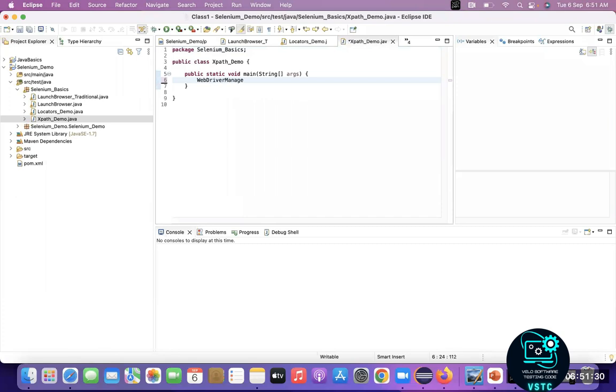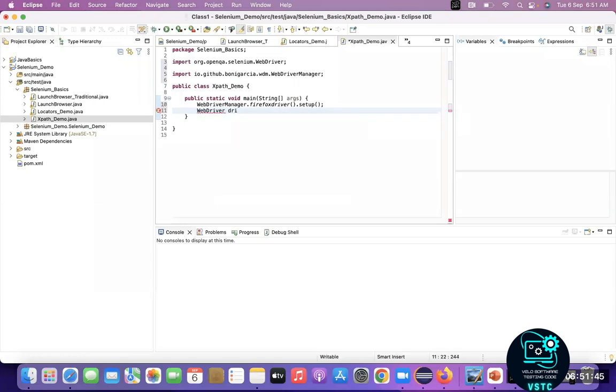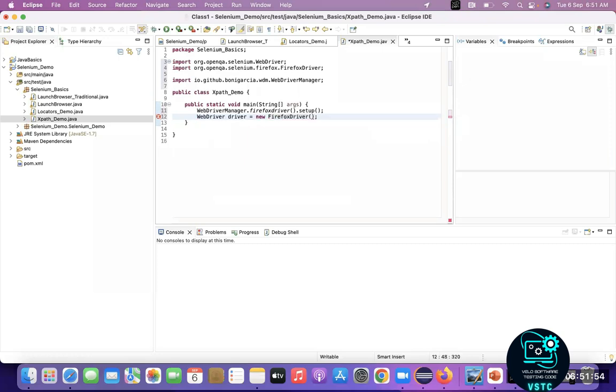WebDriverManager.firefoxdriver().setup(). Now WebDriver driver is equal to new FirefoxDriver(). Now driver.get(), I'll use this Amazon website, https://www.amazon.com. Okay. Once this URL is launched, now what I want to do, I want to locate that